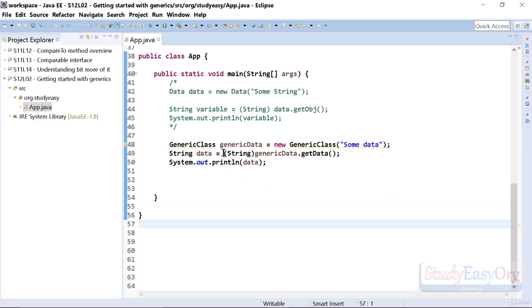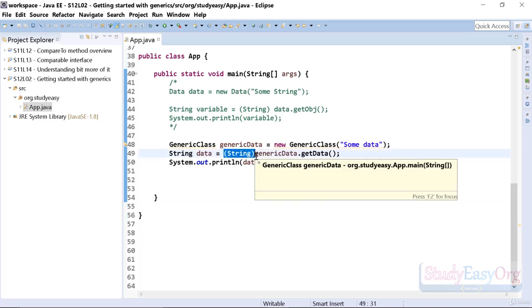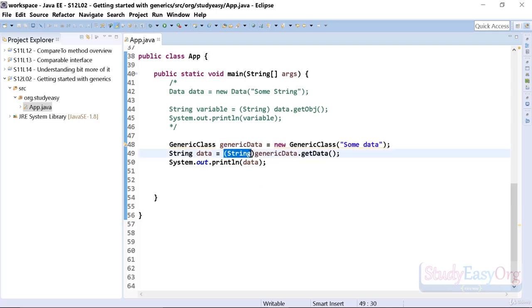Now friends, whenever we cast things, the performance of the application will go down because type casting requires some time and processing. So we won't use this. This solution isn't good enough. Moreover, we will take care of typecasting in a different manner. In fact, we will symbolize which type of information is getting stored in the object, and the way is pretty simple. We will make use of the diamond operator, and we will specify the type. So we are specifying that the information being stored in this object would be of a string type,